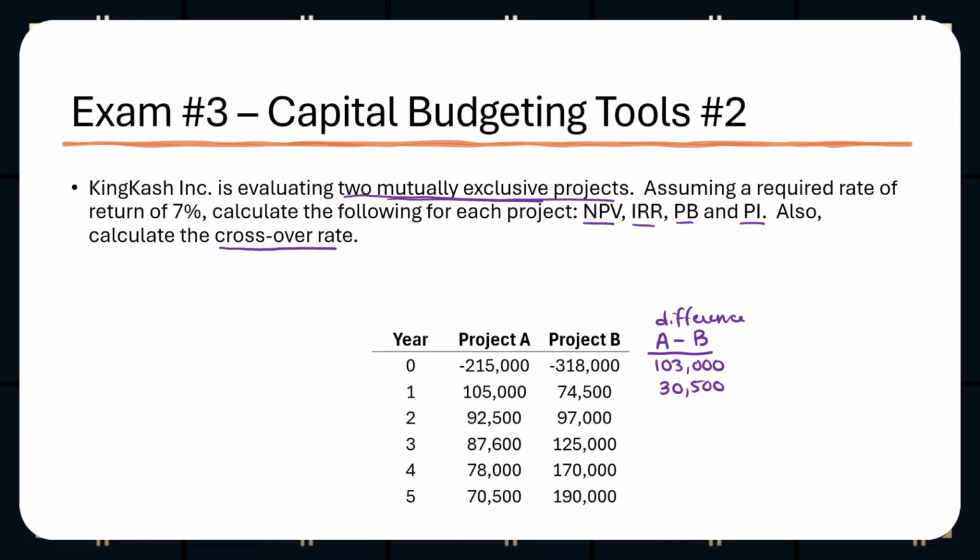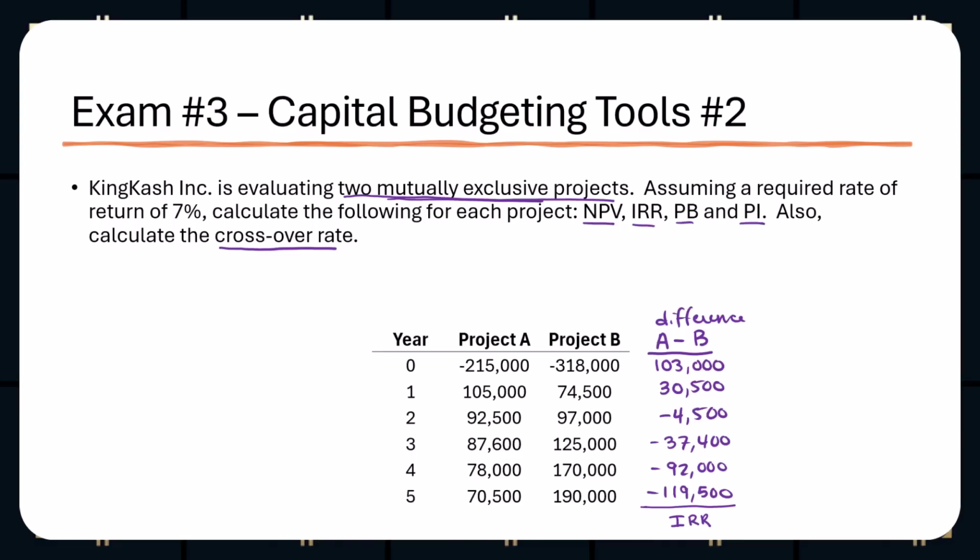$30,500. The next one will be negative $4,500, followed by a negative $37,400, and then we have a negative $92,000, and last but not least, we have a negative $119,500. To find this crossover rate, we have to do this calculation. Once we do that, we'll plug those cash flows into our cash flow worksheet, and we will solve for the